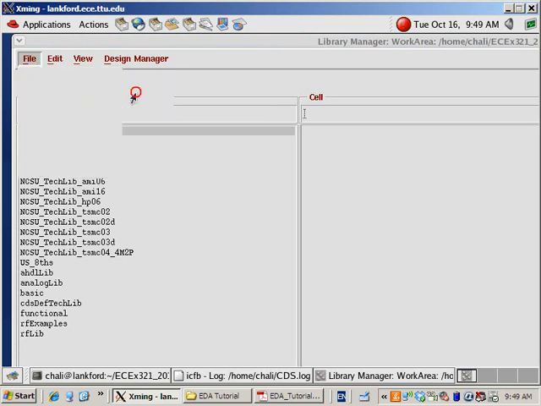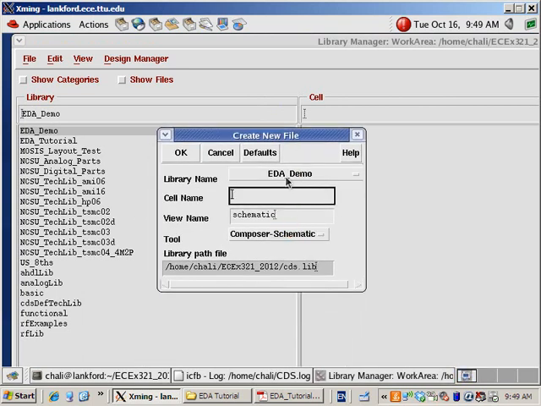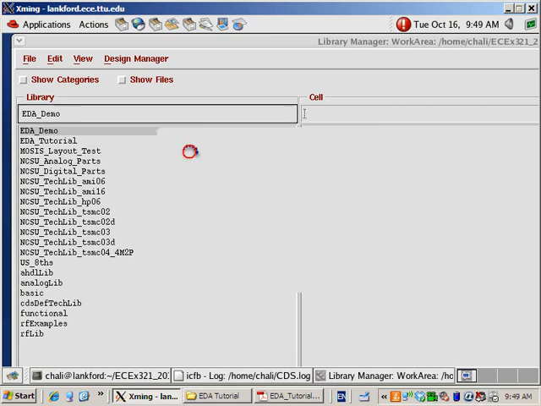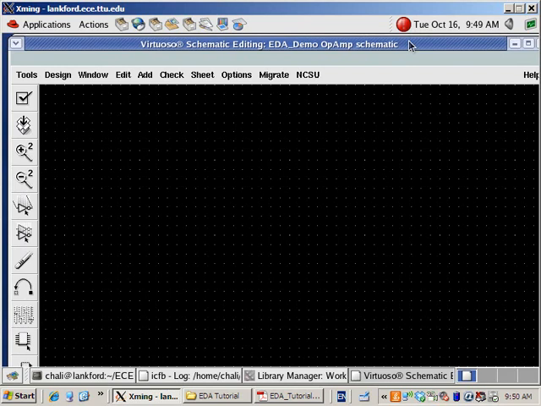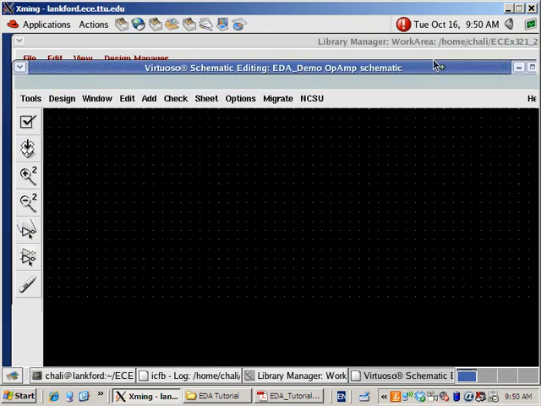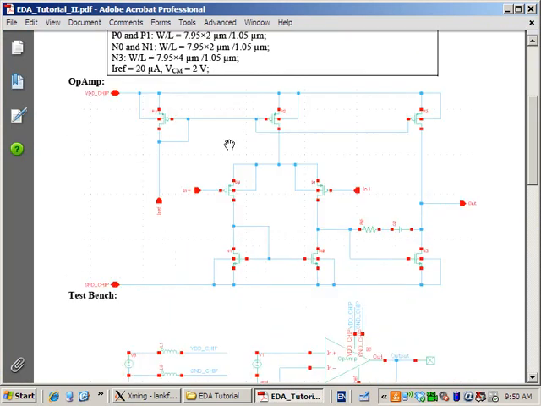So go to File, New Cell View. My first cell will be the operational amplifier itself. So I'll name it as OP-AMP, operational amplifier. And it's gonna be a schematic view. Click OK. And if you are following me, feel free to let me know if you have any problem, you can't find any button on my screen, or you want me to stop to talk a little bit more. Okay, so suppose you should have this schematic here,